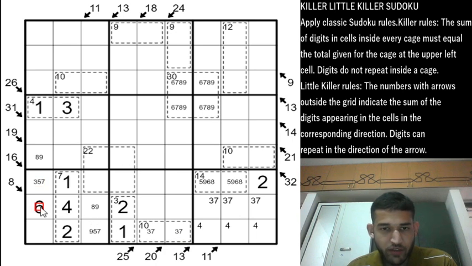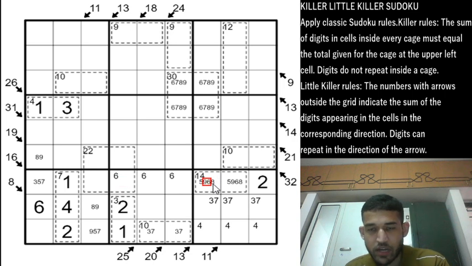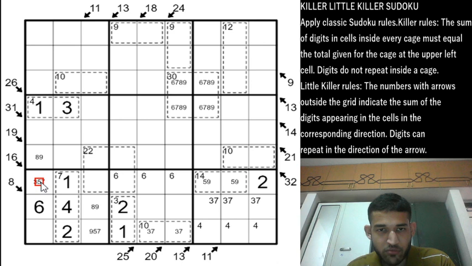Now we have placed the 6 in row 8 column 1. So 6 is in one of these three cells. So that means the 14 cage can only be 5 9. It cannot be a 6 and 8, and that removes the 5 from this cell. That removes the 7 from this cell. 3 and 9 or 7 and 5 is the only possibilities now.